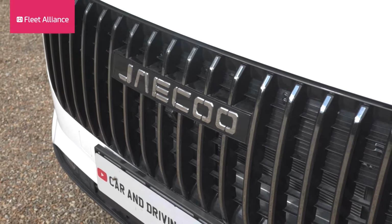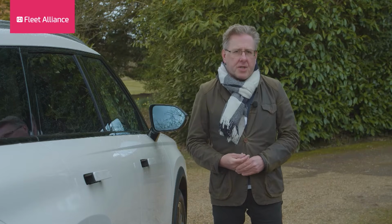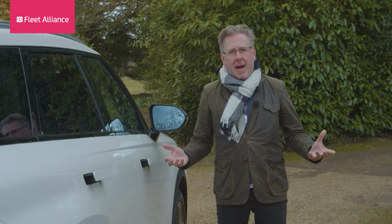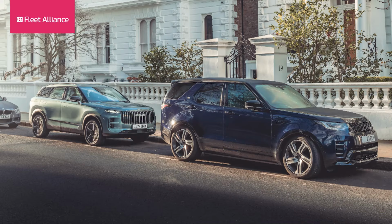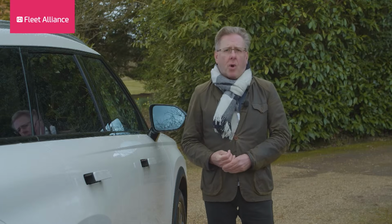Well, the one we're looking at here is an aspirational mark from China's biggest car exporter, Chery, a conglomerate that sold nearly 2.6 million cars in 2024 alone, more than the entire BMW group managed, and has already launched a more mainstream brand, Fcie, into our market. Chery's had a joint venture with Jaguar Land Rover since 2012. It builds JLR models in China and has drawn on that expertise for the first Jaecoo model it will sell here,